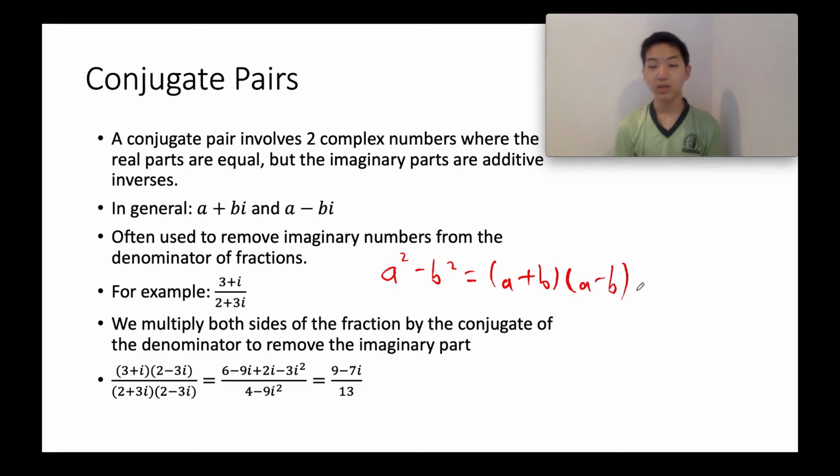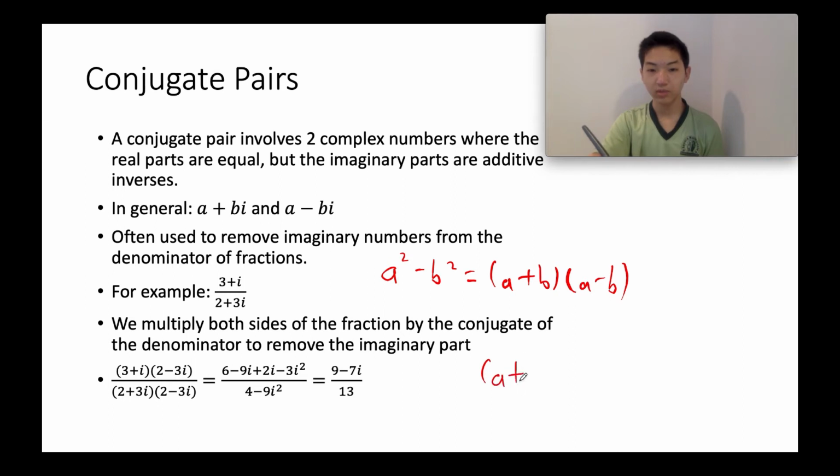So we know that if we want to remove i, we can just find some way to make it i squared, and then we can simplify it to -1 instead of having an i. So that's what we can do here with the difference of two squares. If we multiply by the conjugate, so if instead we have